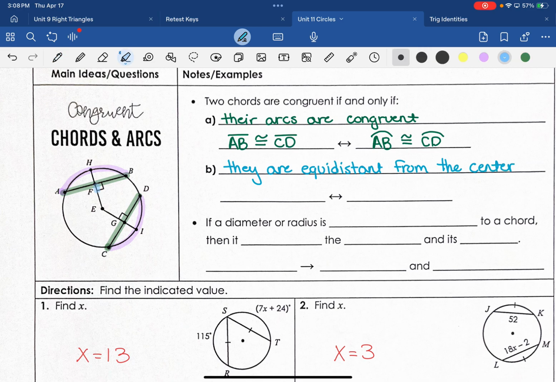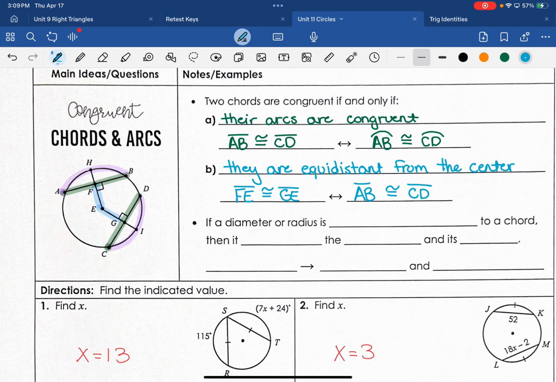So for example, that FE right there, that distance, if that distance is the same as the distance of FG, you see those two blue lines right there? If those are the same length, then your chords are also congruent. So that's what we would put right here. We would say if FE, that distance, is congruent to GE, that distance, then chord AB is congruent to chord